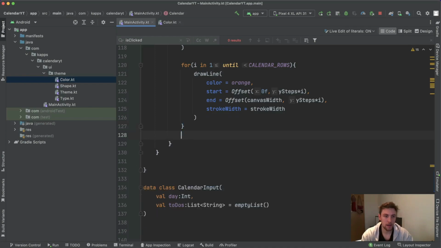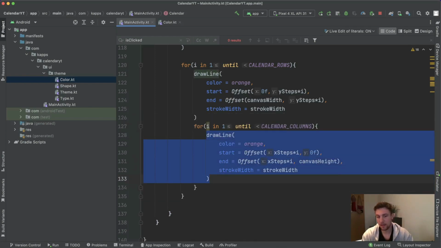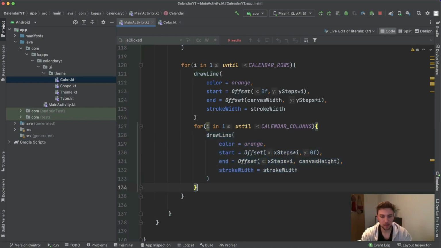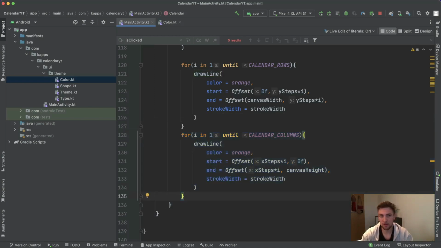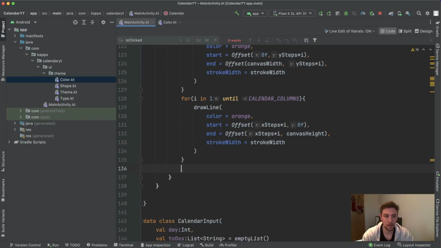We could also make this a nested for loop and only draw in here inside the inner loop. And we could draw rectangles here for each day, one rectangle. But I think these two for loops which run after each other is a little bit more easy to understand. And also, if we would use the rectangle approach, then they would always overdraw some sections of rectangles which